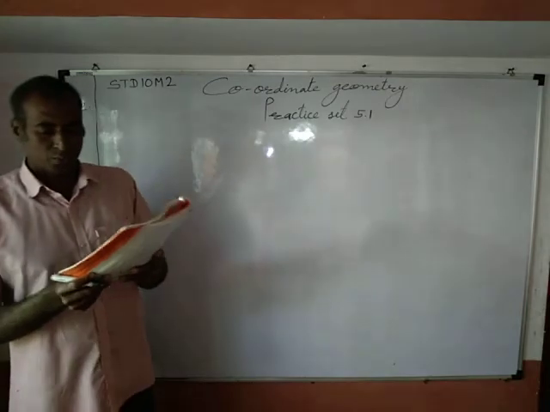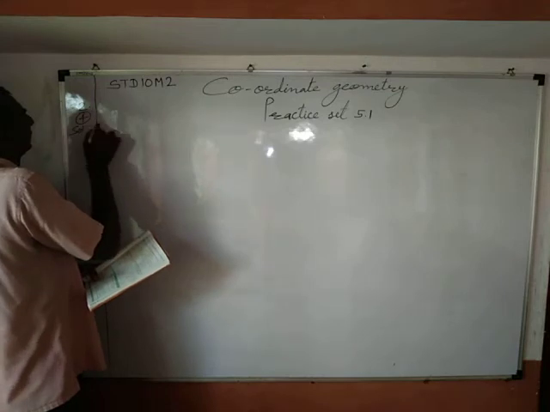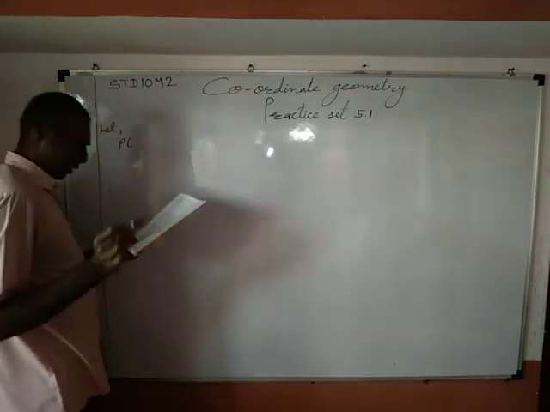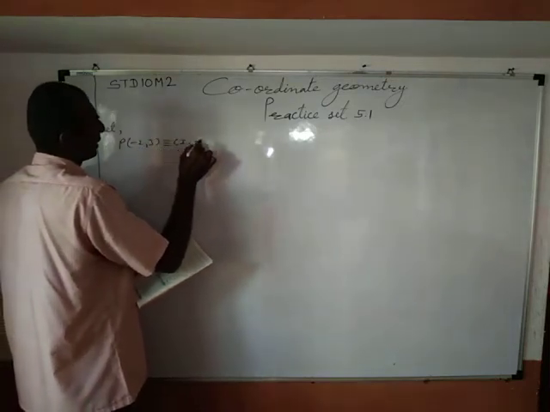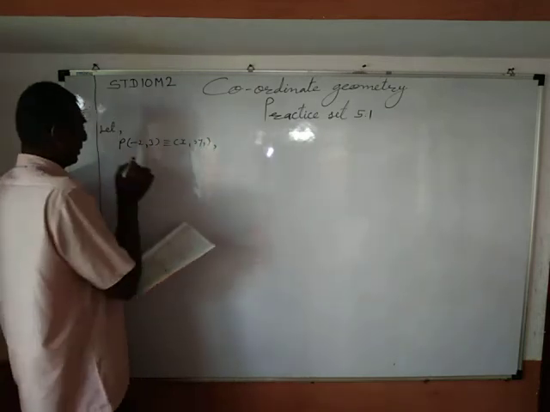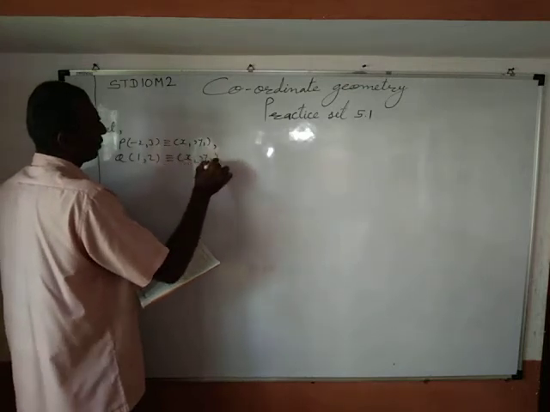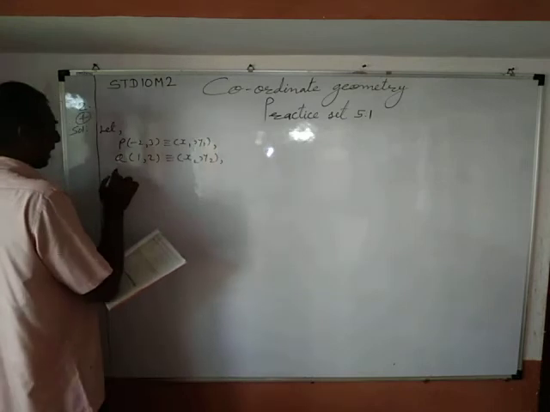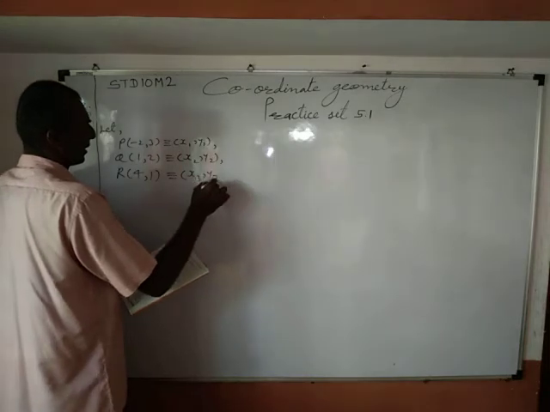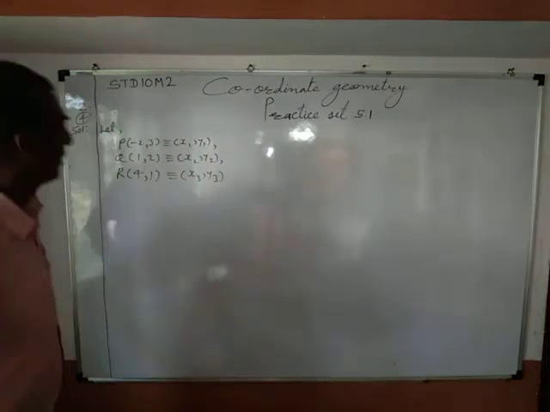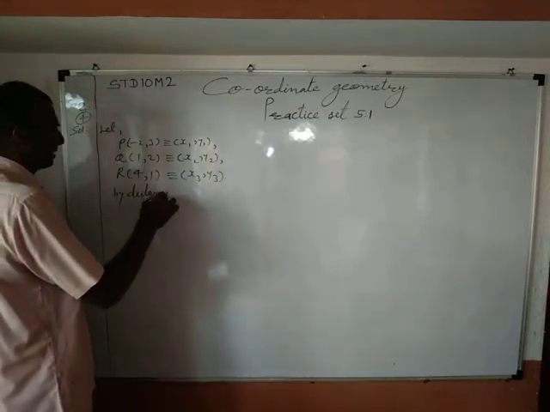Question second, sub question fourth. Solution. Let P (minus 2, 3) be x1, y1, Q (1, 2) be x2, y2, R (4, 1) be x3, y3. Therefore, by distance formula,